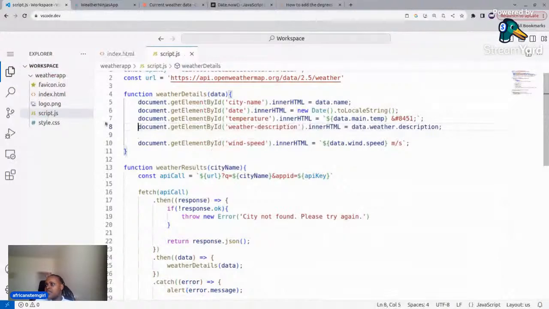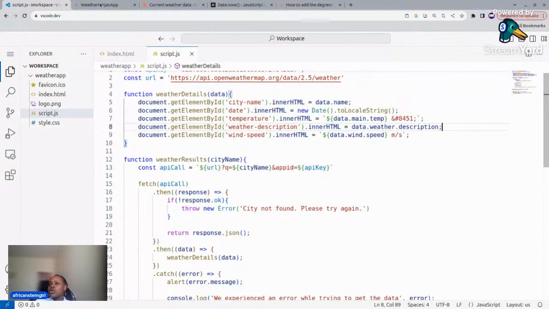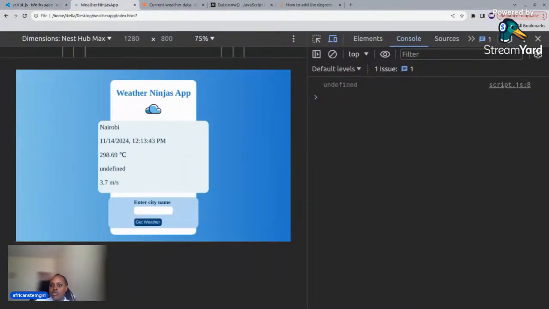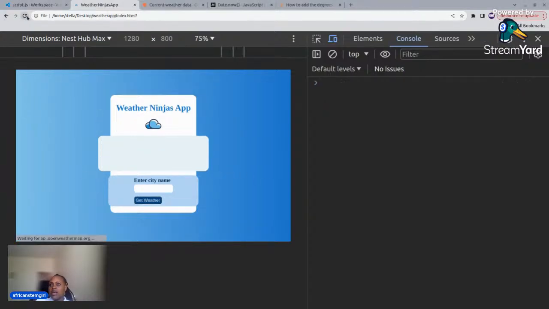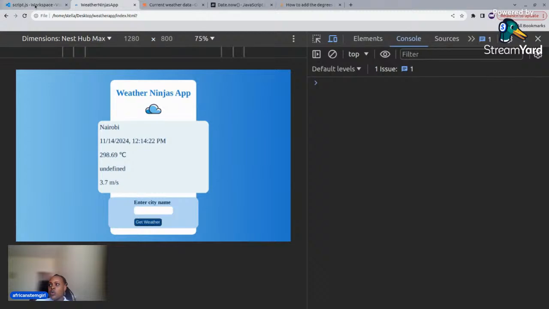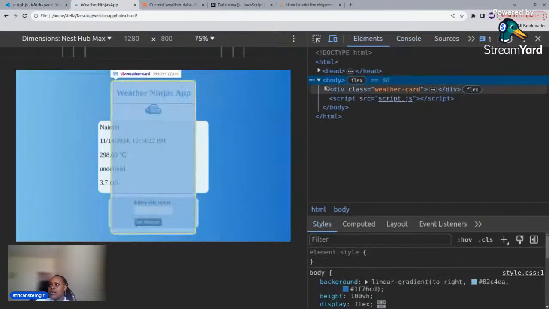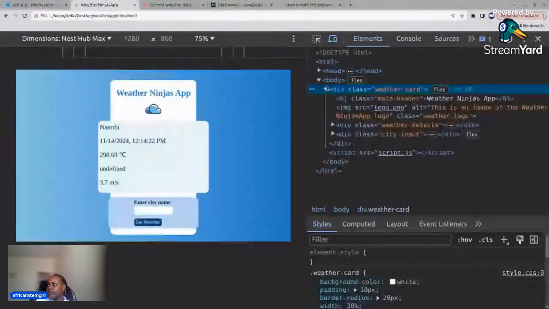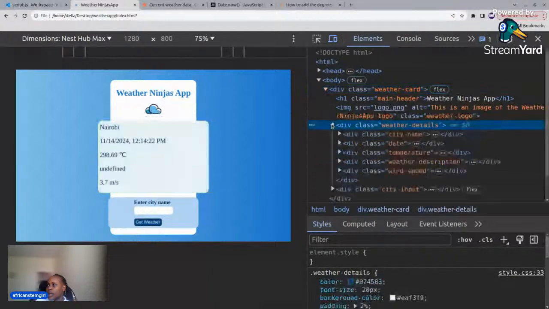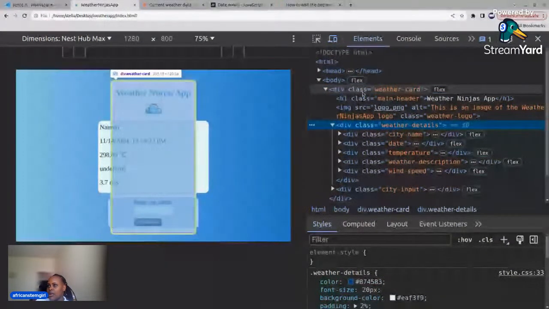Okay, let me do this. Let me make this website a little bit responsive. What I mean by responsive is being able to load properly on different web screens, and then after that we can look at why it's behaving as it is. So the first thing that stands out is that there is this